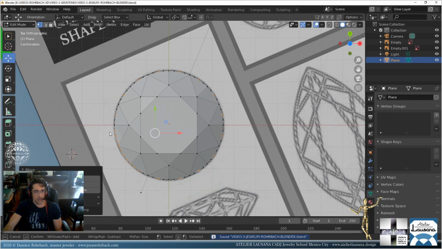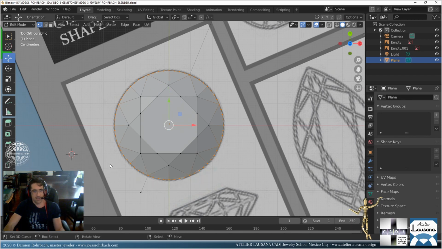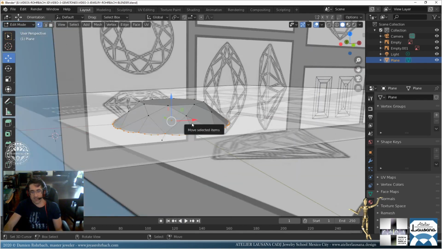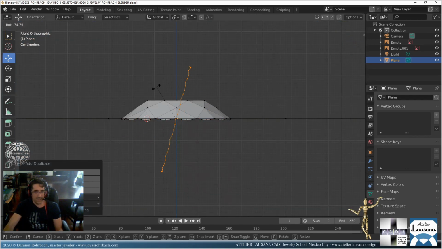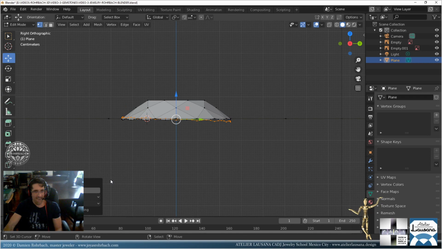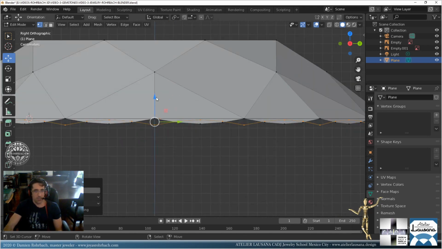Okay. So now I'm going to take all the girdle like this. To go out of the circle selector, just hit escape. Okay, I have this. Let's copy this. You hit Shift D, Enter. Don't move anything or you lose the precision. Now let's rotate this 180 degrees, 180 please,